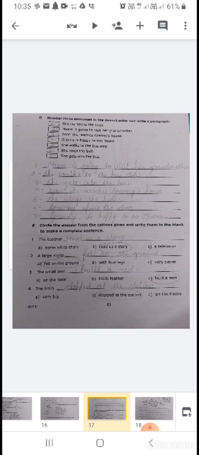You just have to write a paragraph, and first you have to mark the sentences in a proper way. The first sentence is, Meera is going to visit her grandmother. Then the second is, she walks to the bus stop. Then third is, she gets into the bus. Then fourth is, soon she reaches Granny's house. Fifth is, she rings the bell. Sixth is, Granny opens the door. Seventh is, Granny is happy to see